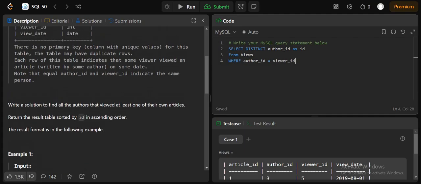Because the question says that if author_id is equal to viewer_id, it indicates the same person, and we have to filter out that author who has viewed his own articles. And again the question says the id in ascending order. We have to list the author ids in ascending order, so we will be using